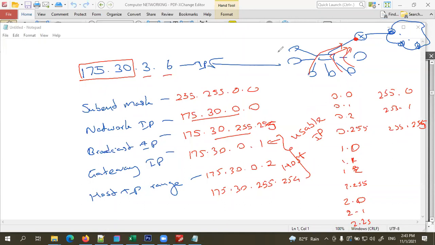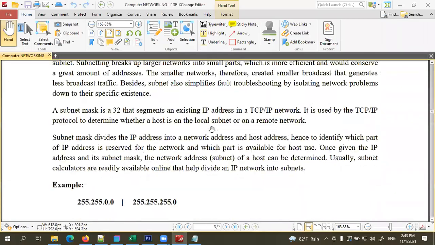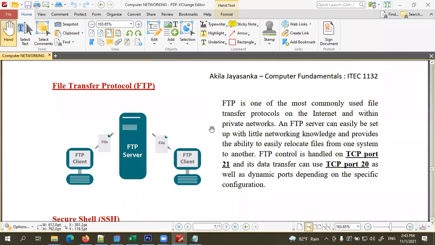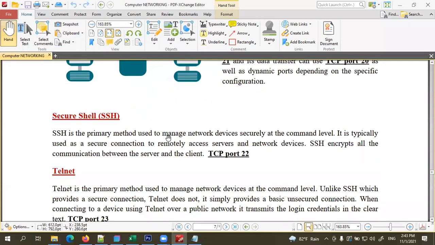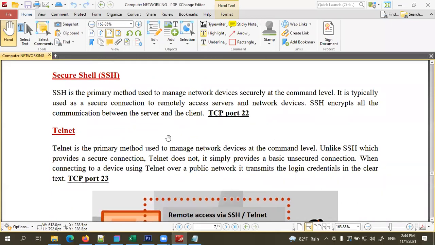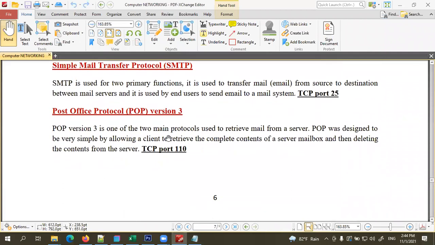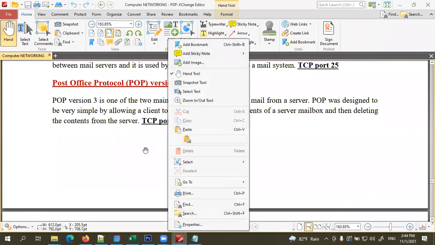Right, children. Then some other protocols are also there. We use them for different purposes. Like the first one is file transfer protocol. We use that to transfer files from one computer to another. Secure shell and telnet. So these are remote access protocols. These protocols explain how we can remotely access a computer. Again, email, SMTP and POP3. So those protocols explain how email service works in a computer network.